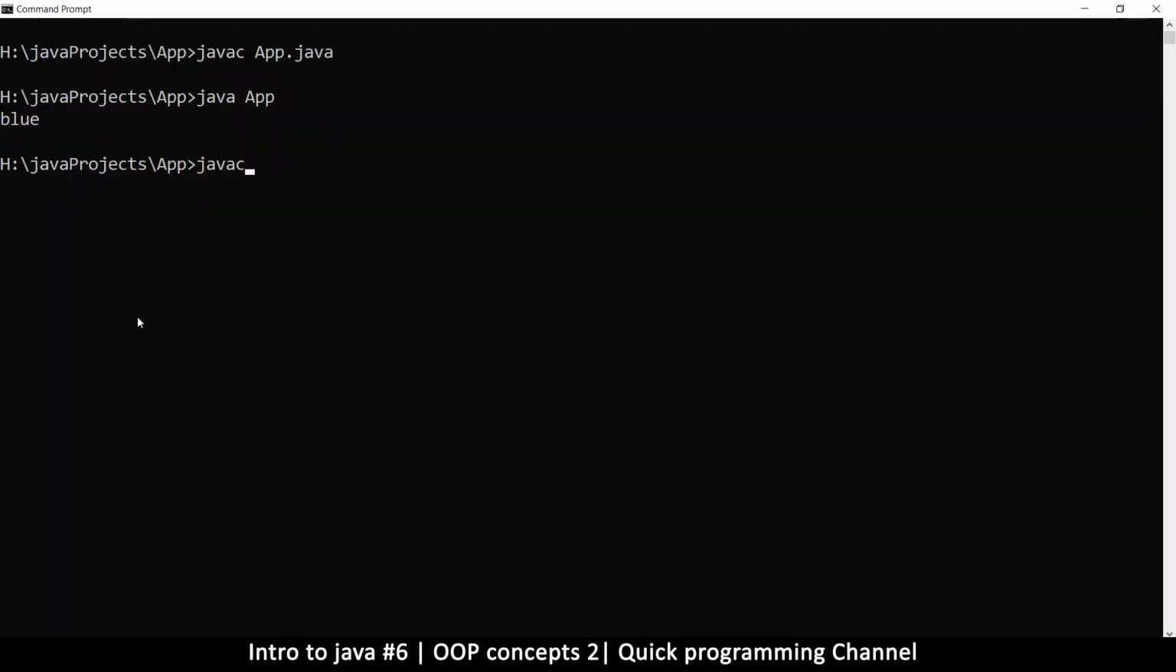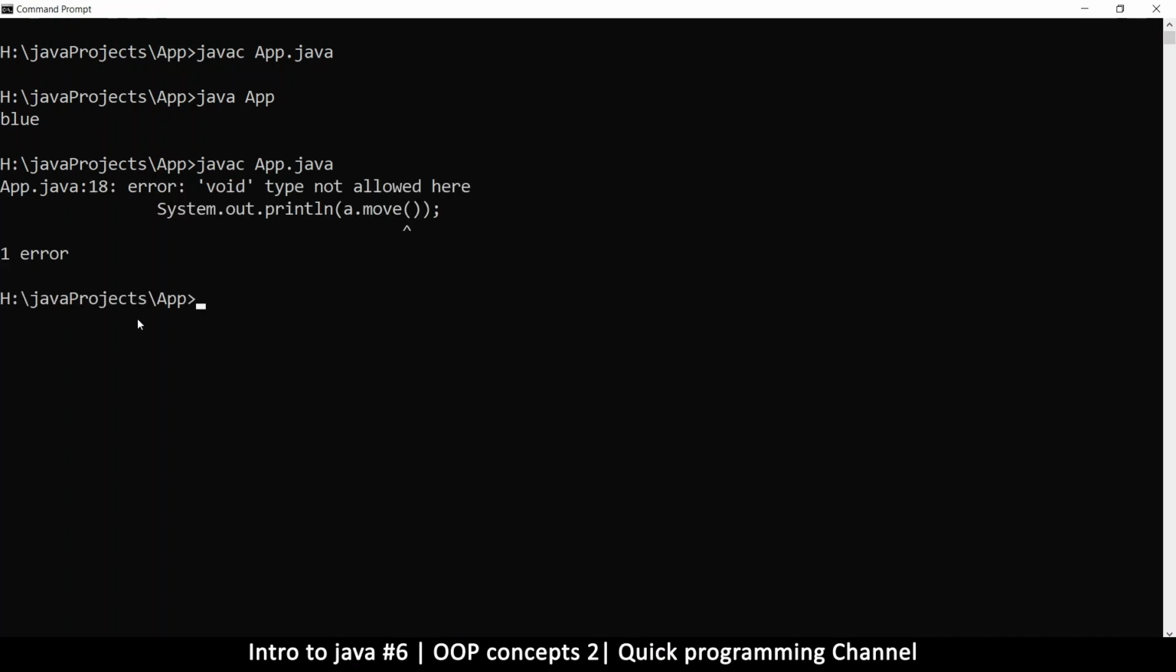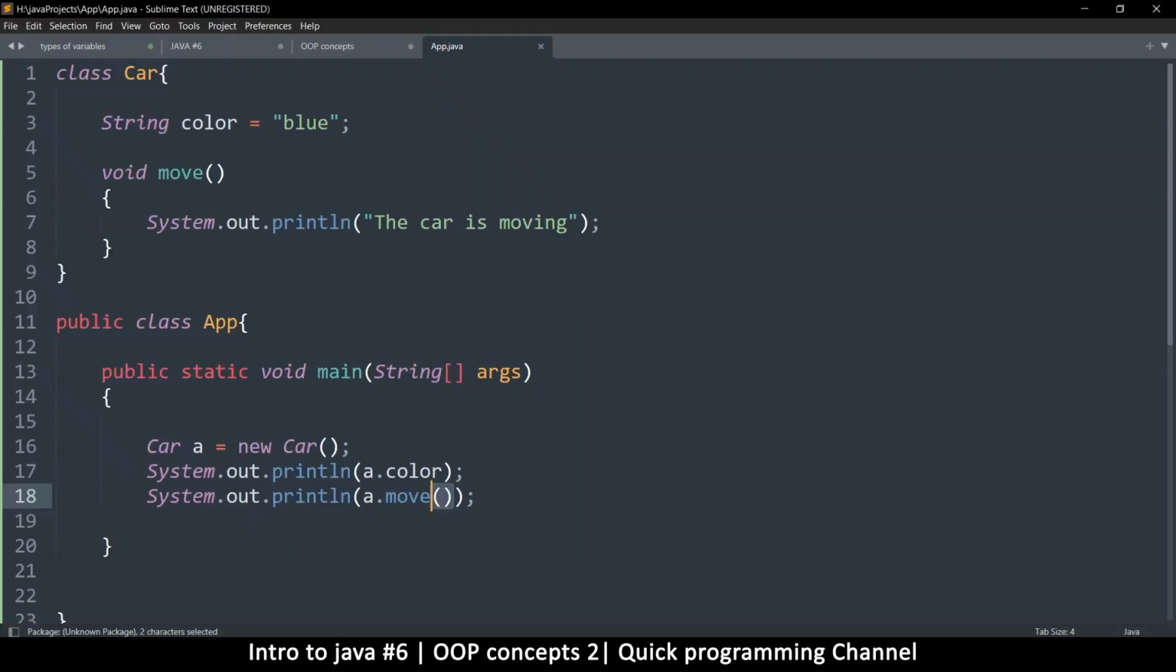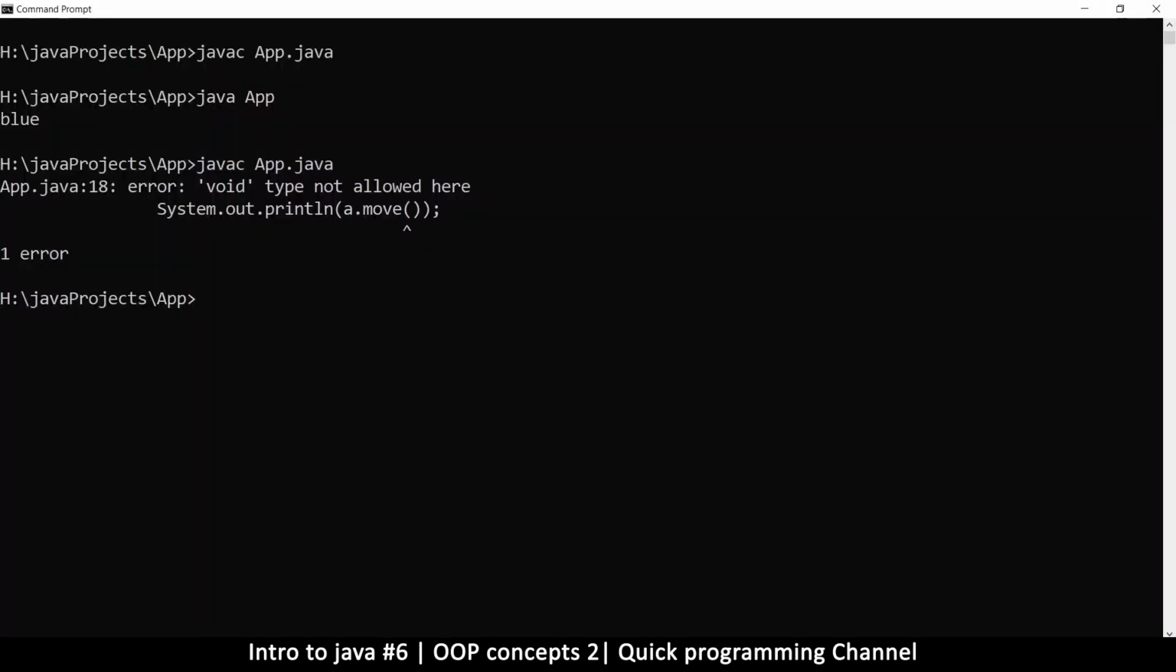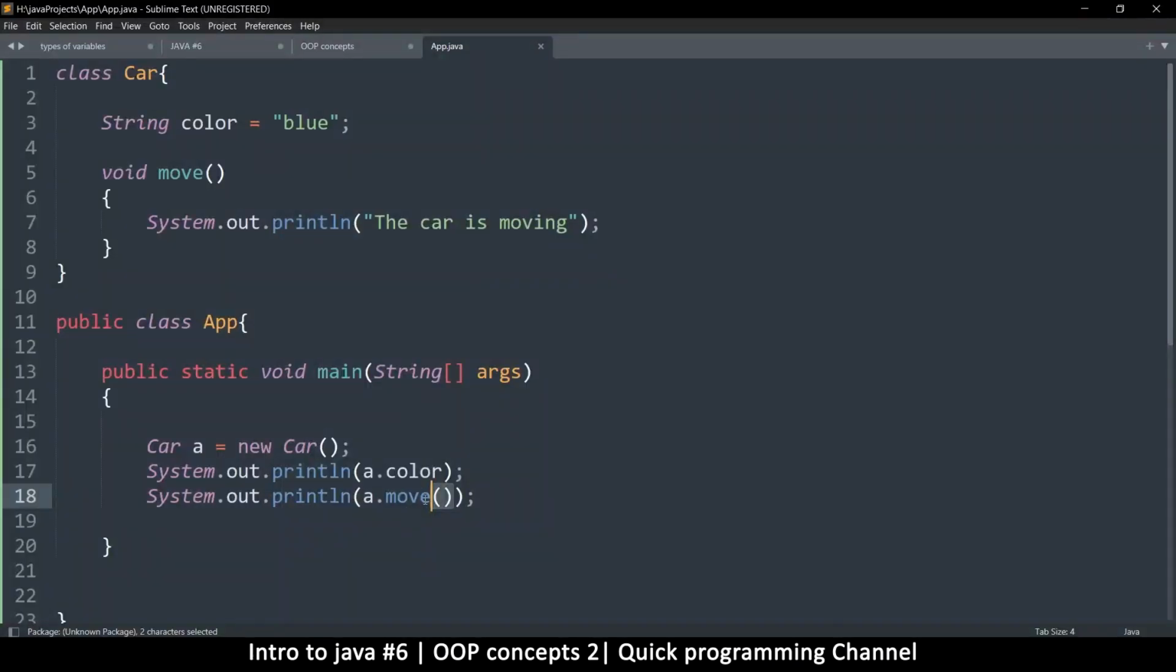So in here, let's try again. I'm going to do javac App.java. Okay, so void type not allowed here. Right. Wait a minute, what's going on? Void type not allowed. Oh, I see. Okay, so the reason it's complaining that void type is not allowed here is that, you see, I'm trying to print the result of